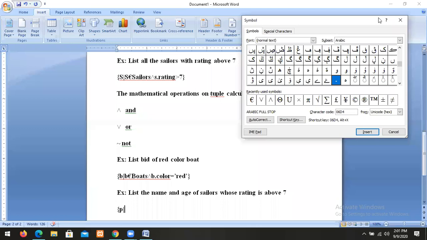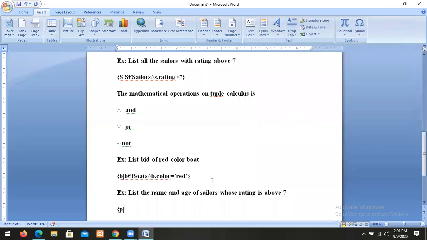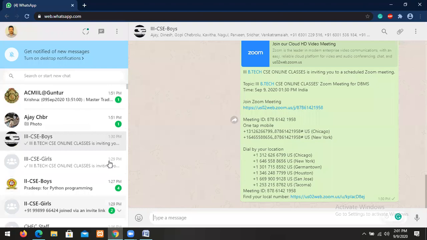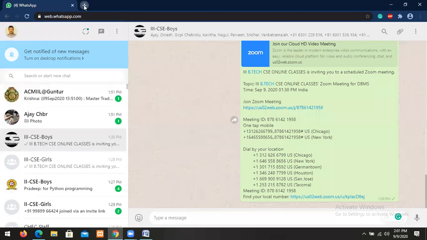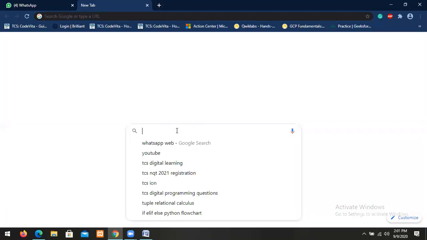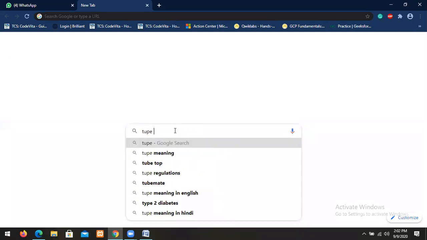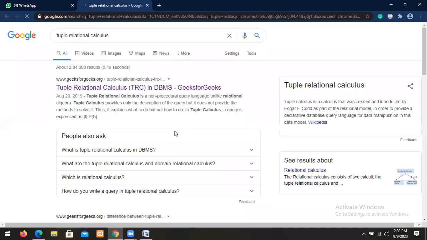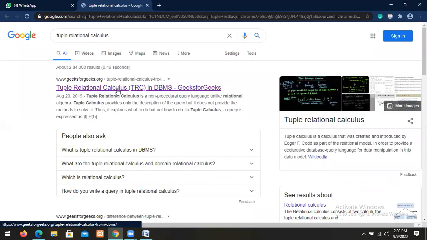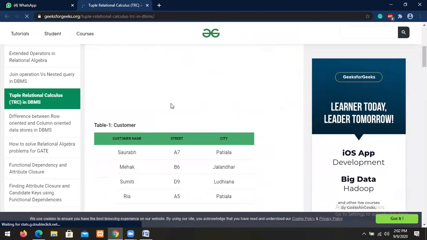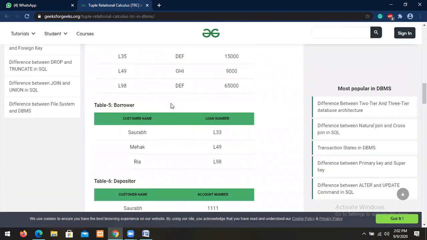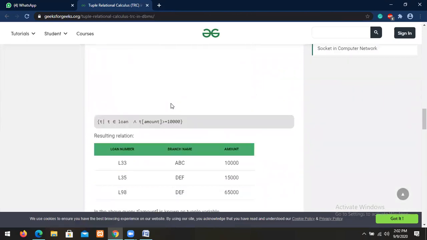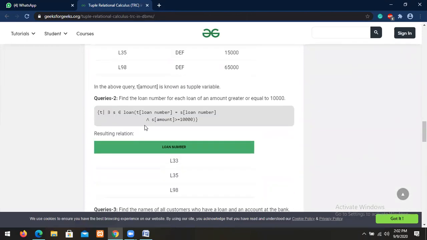So I will search for one more, I will copy from somewhere else, I think. Just the symbol I required.